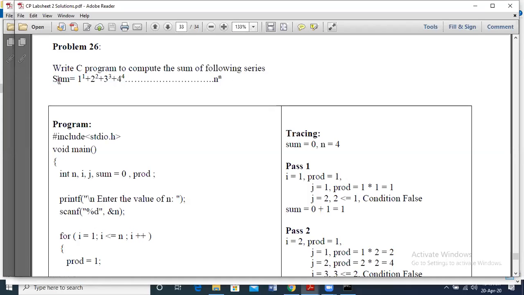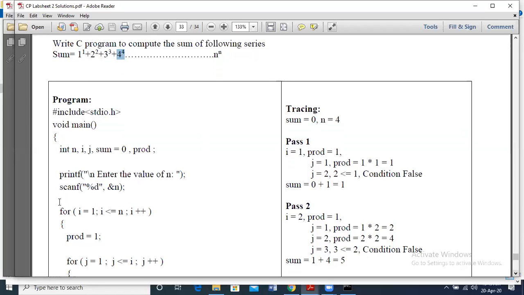Now, how do we find this sum? What is the logic? According to the series, if we observe, each one is a different term, right? So each term has to be found and then we have to add them. So the logic says we have to find each term separately and then add them. The first term is 1 power 1. How do we find this? Once we know n, the value starts from 1. Let us say we take one number for the base, another number for the power. Each one starts from 1 and works up to n.